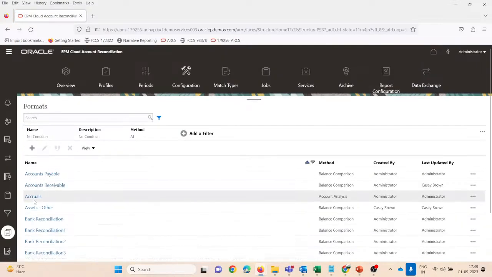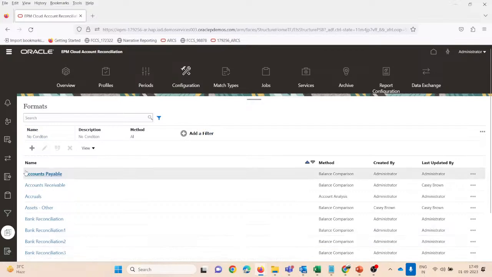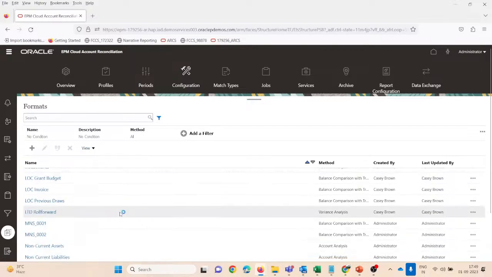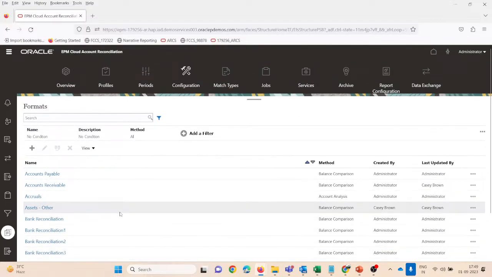Under the configuration, we have certain tools. We will go and learn each aspect of this application. But for this format, I will just show you the format layout. So now you can see these are the different formats which we can assign in our profile for the